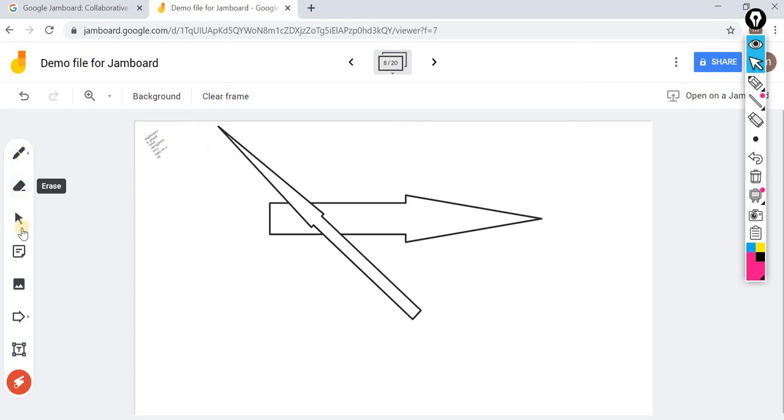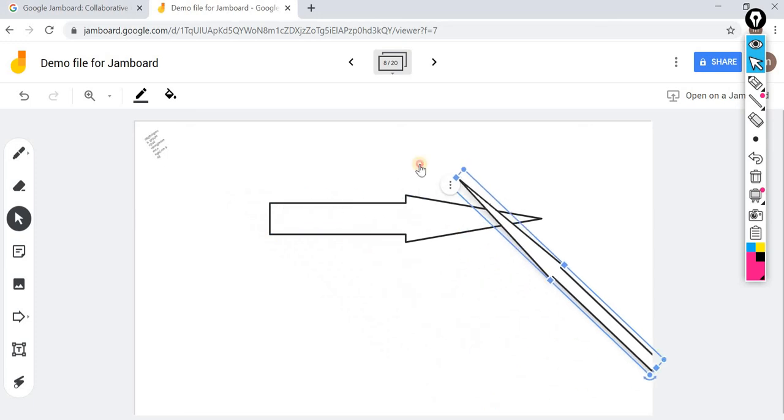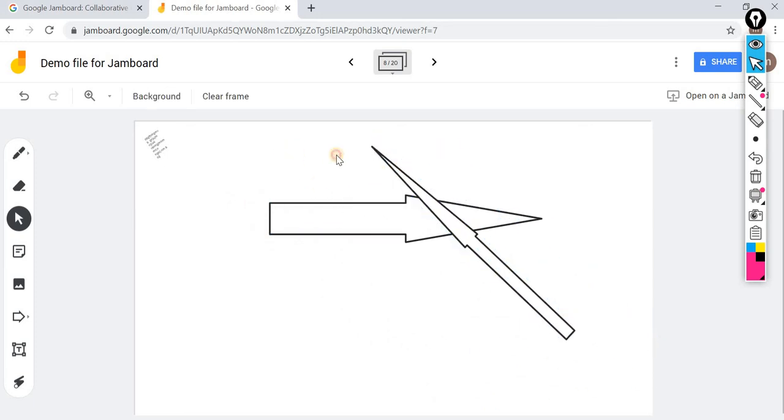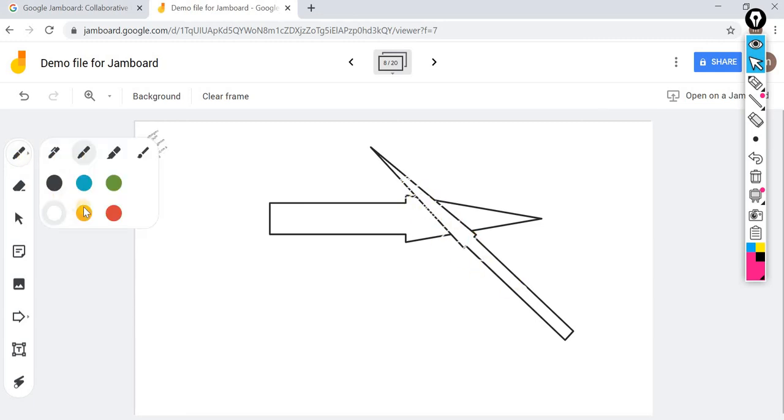This is for pen, this is for eraser, this is for selection. I will tell you now what this selection concept is. Once you touch it, it will be selected, if it is in selection mode. Now let me demonstrate. If you are in pen mode and you come here, it will write something here. Actually it is in red color. Let me take red color. Now I am in the pen mode.